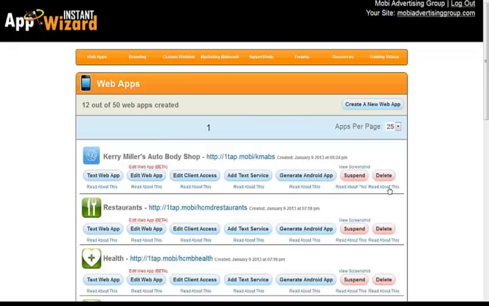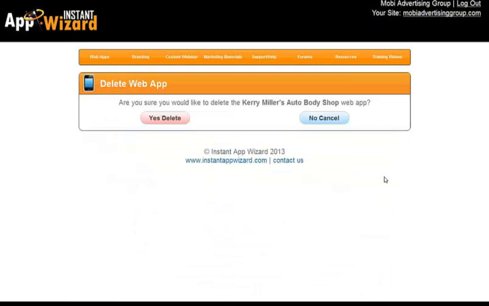Okay. Delete button. If you delete this app, it's gone. So make sure that you want to delete this app. This removes the web app from the system. All right. So if you hit that button, make sure you know you want to hit that button. Think twice about it before you do. You're going to hit delete, and it's going to ask you, are you sure? Before it actually deletes it. Make sure that they do that.